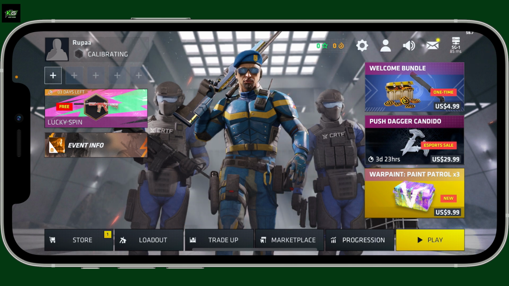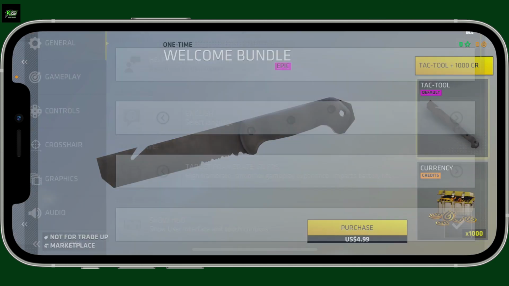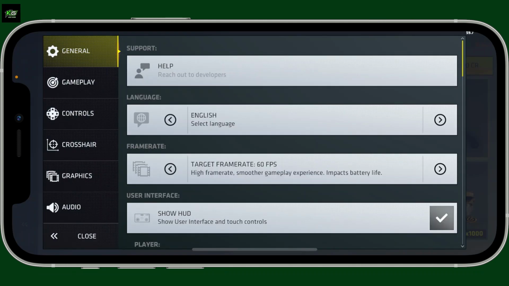From the main home screen, tap on the gear button at the top right corner to access the settings menu. Now from the left hand side menu, make sure that you've selected General and under General tap on Language. Now you can go ahead and change to a different language by tapping on the arrow towards the right and